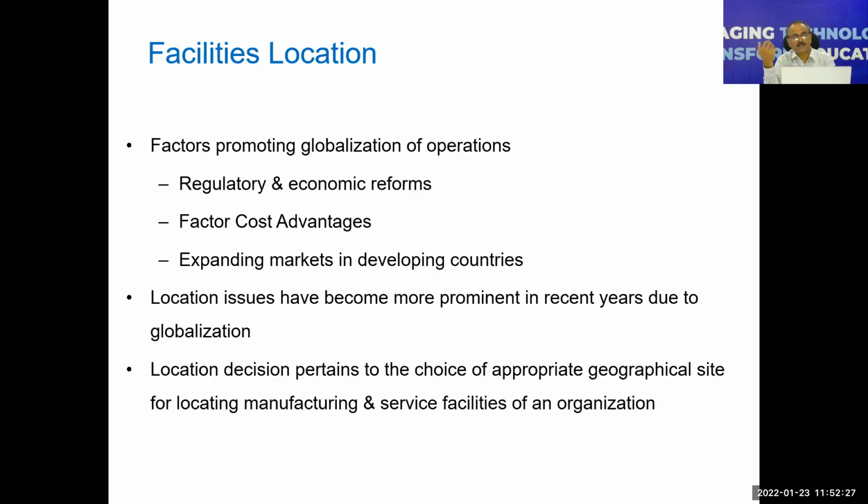Similarly, if it is a textile industry, the factors that are related with the textile industry in terms of the availability of the proper climate is concerned. If it is a steel industry, if it is an automobile industry. So depending on what kind of facility you are looking at for locating, you have to look at a number of factors. So nowadays, when you look at that with the globalization,